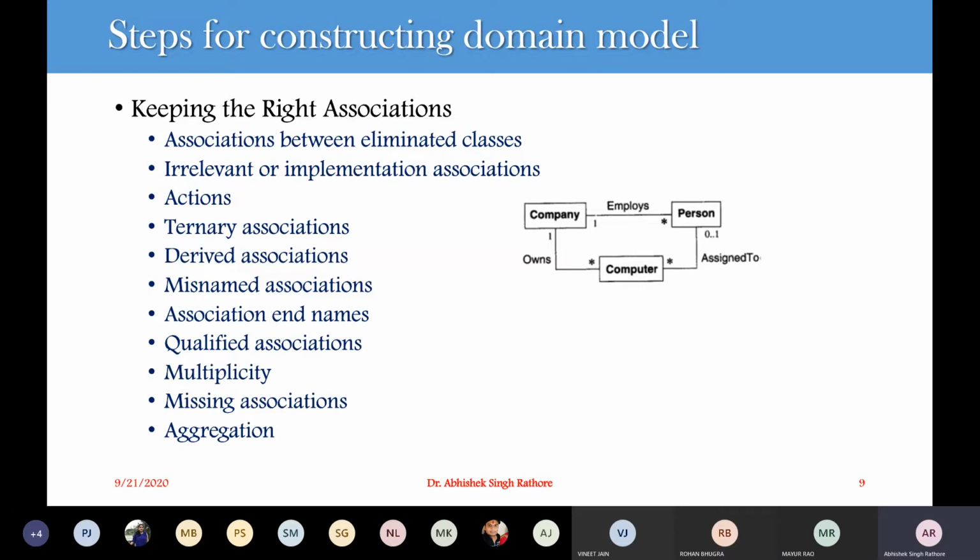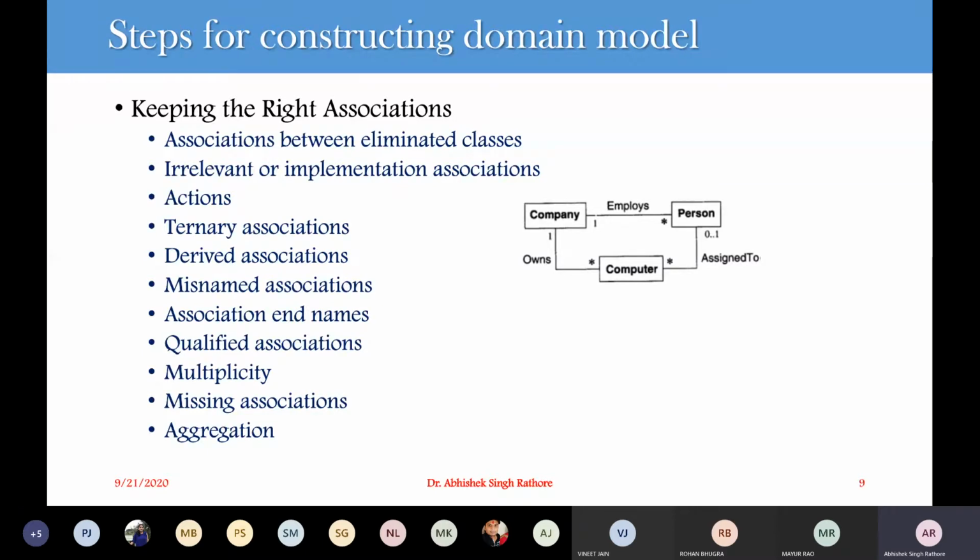So instead of going for a ternary relationship or a higher order relationship, what we can do is rephrase our ternary relationship into a binary relationship, and the remaining relationship can be stated as an attribute for the particular class. For example, we have an association like company pays a salary to person. So we had identified three classes here. First is the company, second is the salary, and third one is the person.